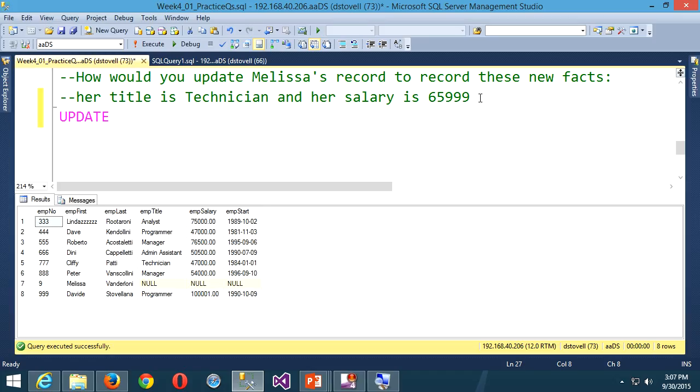With the update command, remember from last Monday, we just say update the table. And then there was a keyword we use that is required whenever we're going to assign values. Anyone remember? 3 letters, starts with S? Set. Right? Now we can do multiple assignments with one. We don't have to say set every time for each field we might assign. So we're going to set, so we have that her title was technician. So EMP title